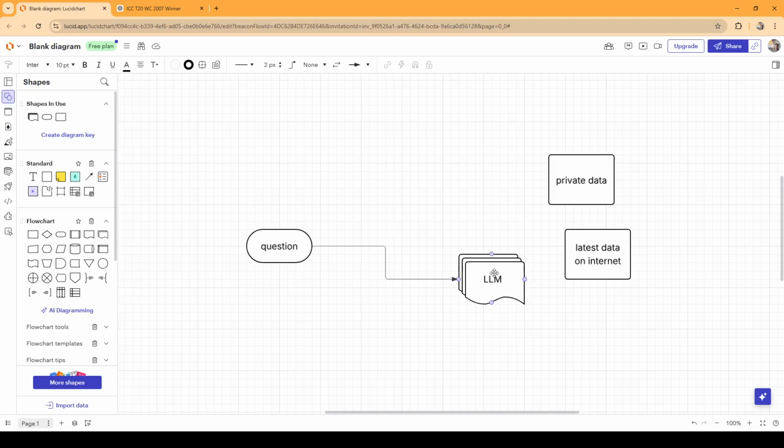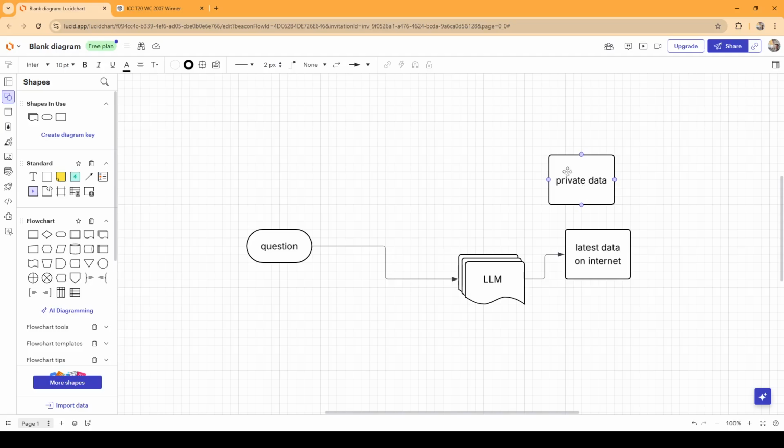So later OpenAI added this RAG capability to ChatGPT and connected it with the internet. So now it can search the internet and give you the latest information. Okay, so this one problem was solved by the vendor. But what about this private data?